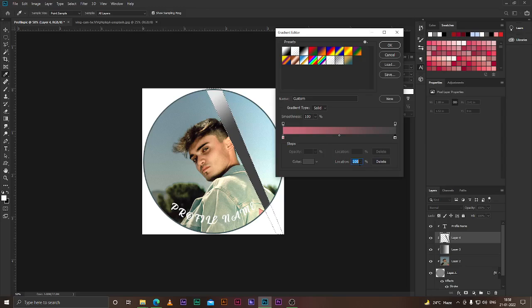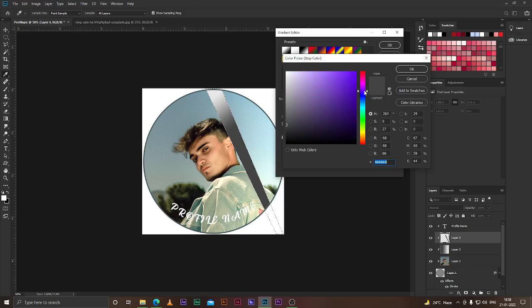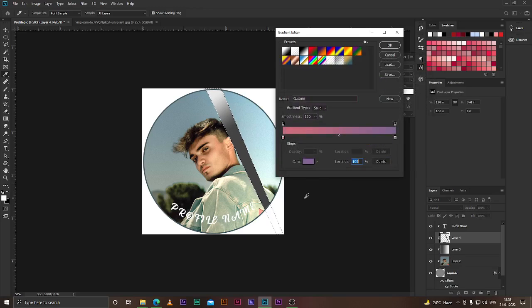Or let's just say if it's a blue, they had a little bit of blue over there, kind of magenta, this one. And as you can see there, they had a little fade sort of effect at the end, that could be given through this.